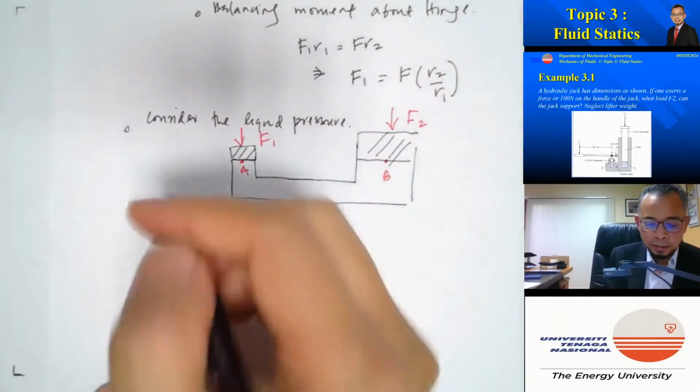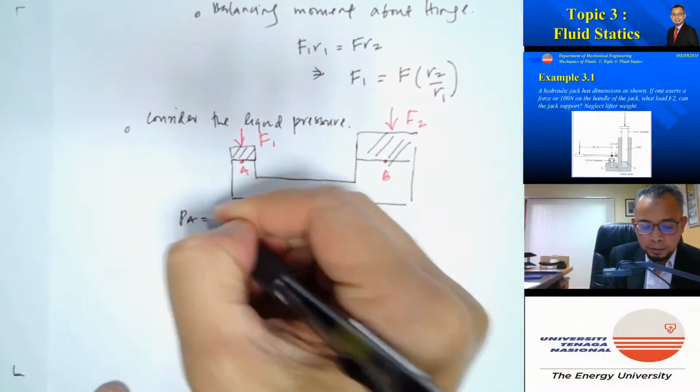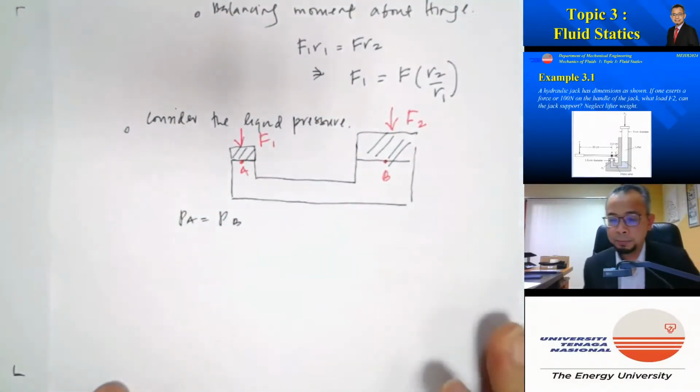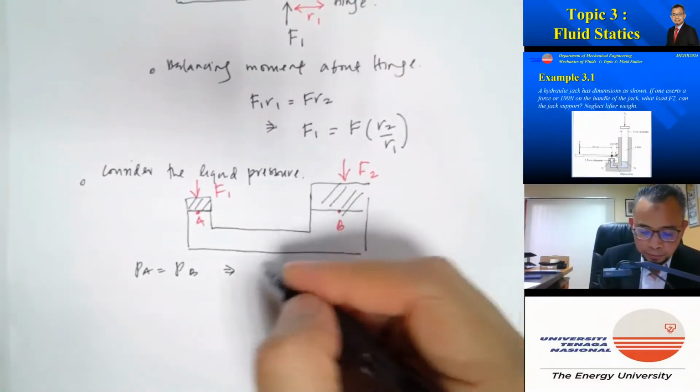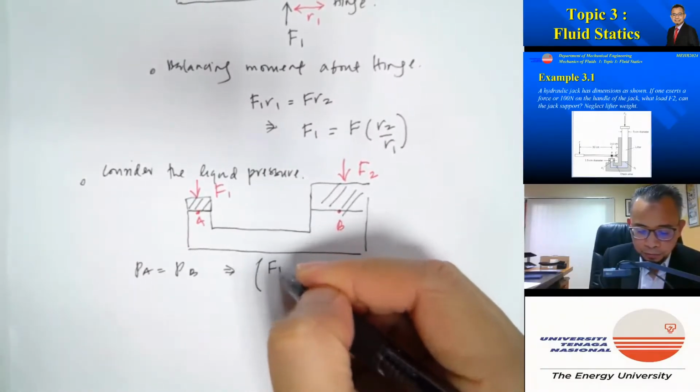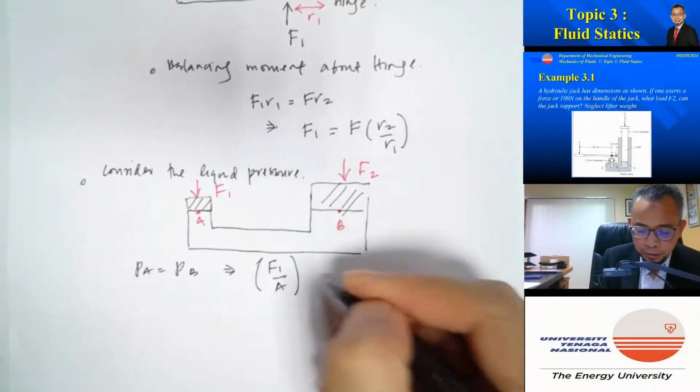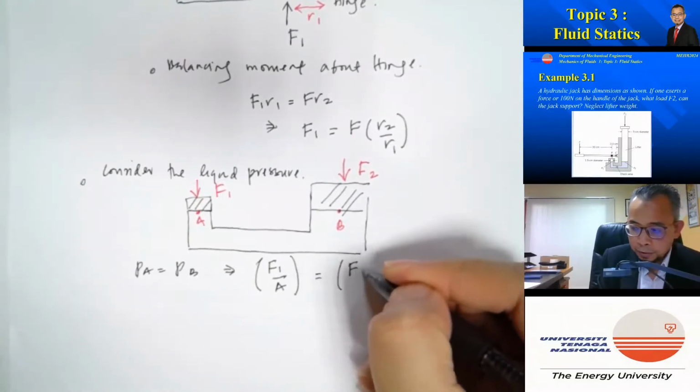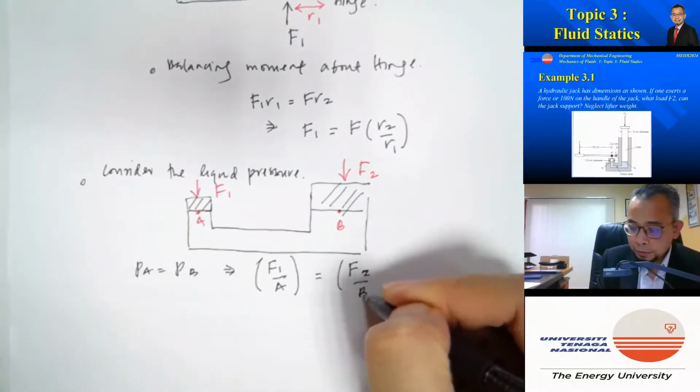So we can say that PA is equal to PB. So PA is equal to F1 over A1, must be equal to F2 over